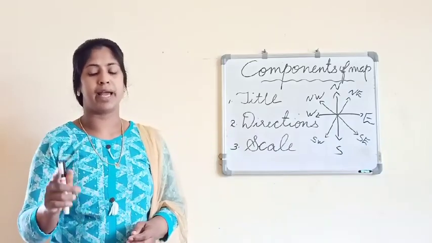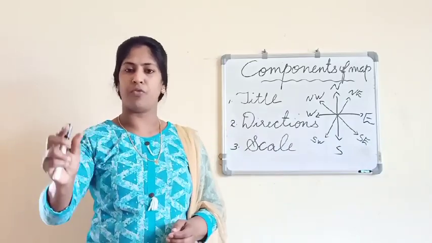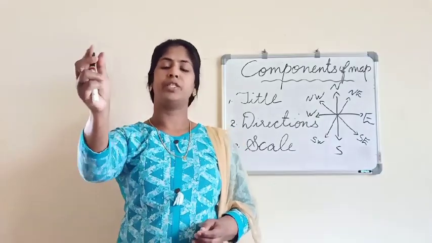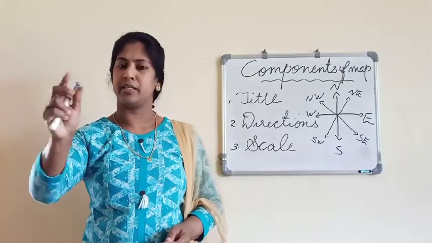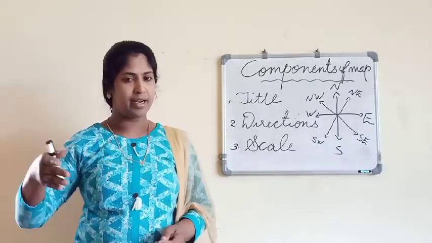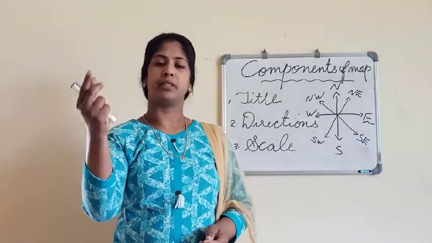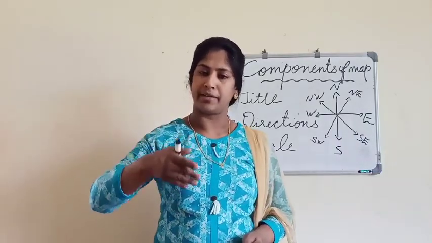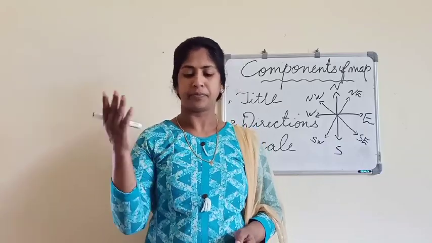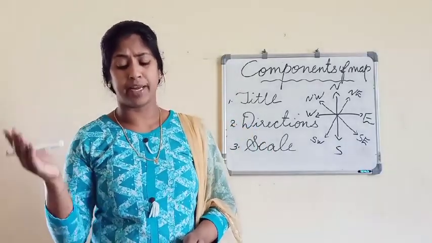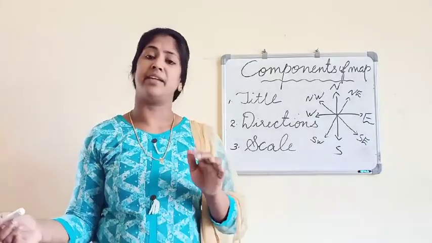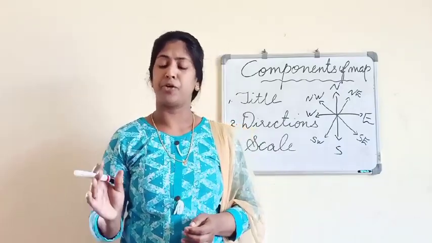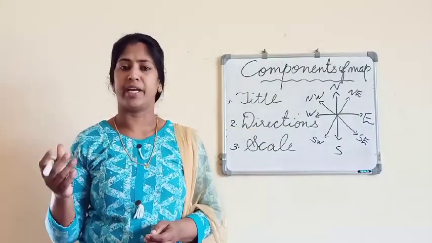But using this magnetic compass, its needle always points towards the north. And once you find the north direction, it is easy for you to understand the remaining directions. So the magnetic compass points towards the north, and opposite to that is south. And your right hand is towards the east and left hand is towards the west. So using a magnetic compass, it is very easy to find the directions.